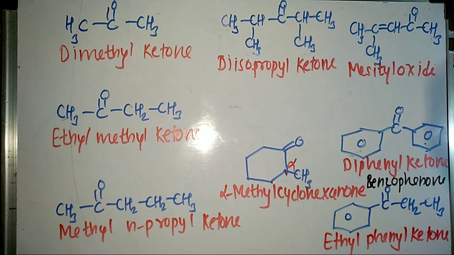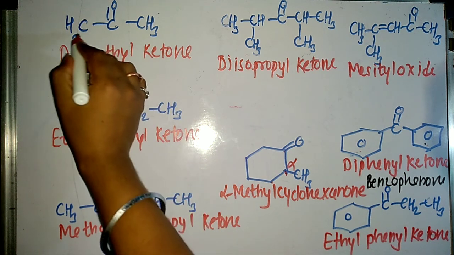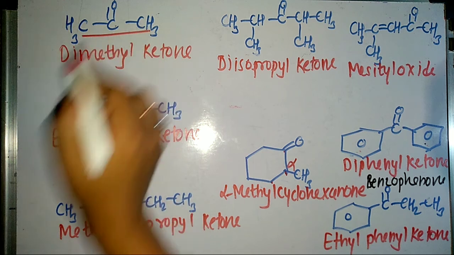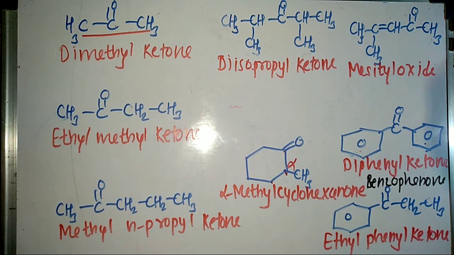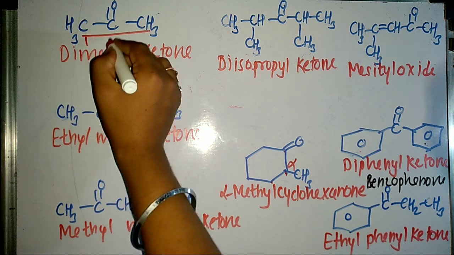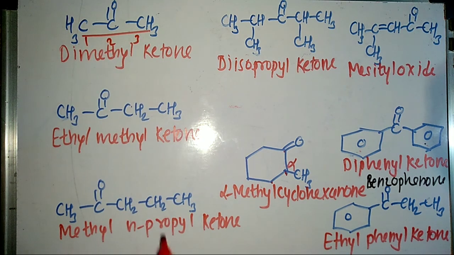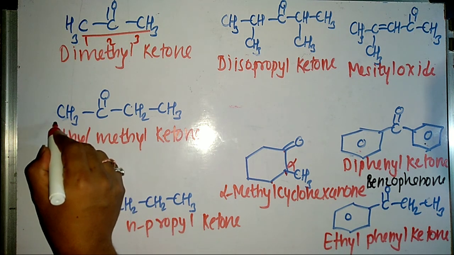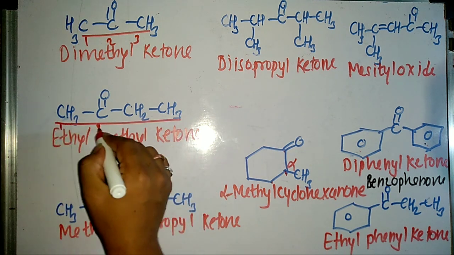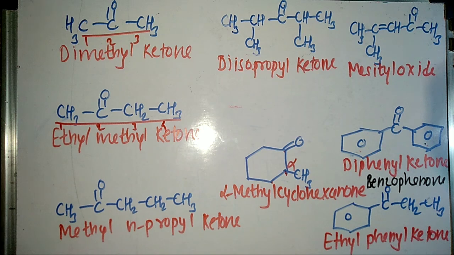Now we'll see the IUPAC name of the ketone. So for writing the IUPAC name, you are going to select the longest carbon chain. Then you are going to number them in such a way that the carbonyl carbon of the ketone will get the lowest possible number. So I will start numbering from the left hand or right hand, doesn't matter here. Again, this is the longest carbon chain. I will start numbering from the left hand side because from the left hand side the carbonyl carbon will appear at the second position.